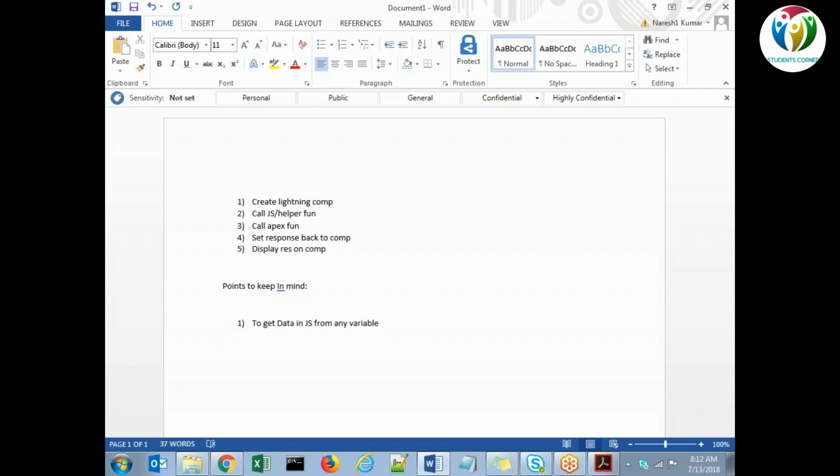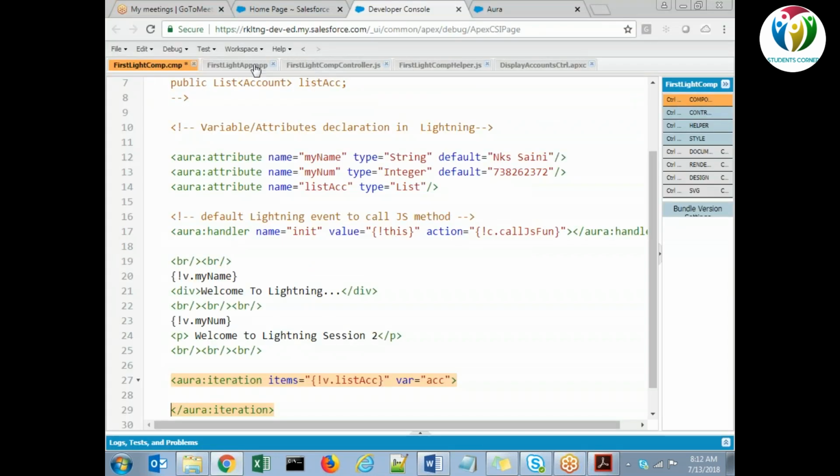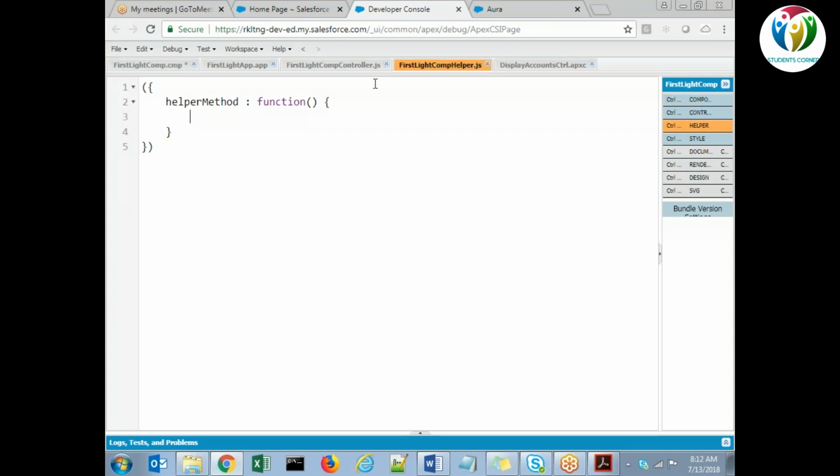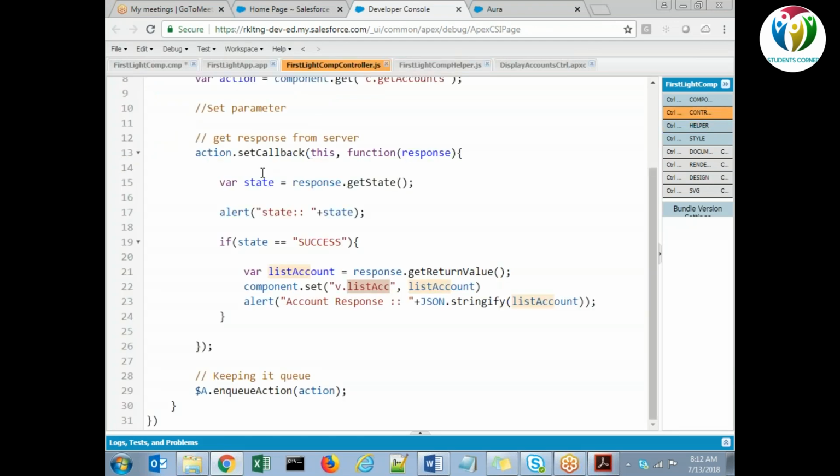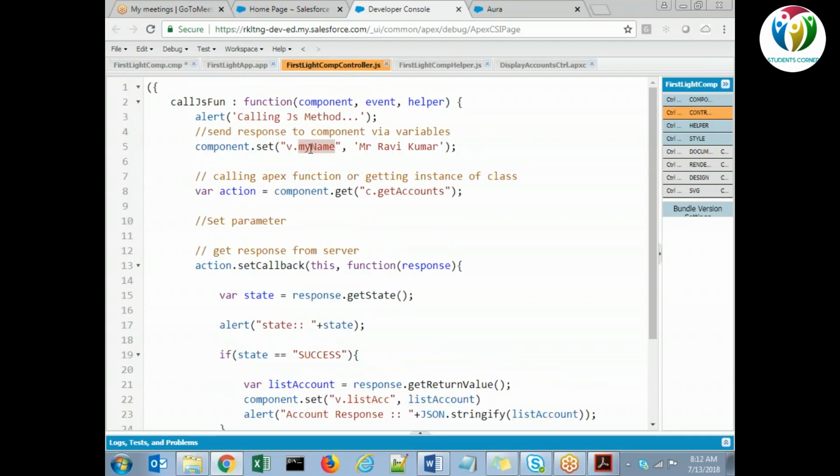So when you want to get the response, you use component dot get, and when you want to set the response from the JS controller or helper, we use component dot set, v dot var name, comma, your response.